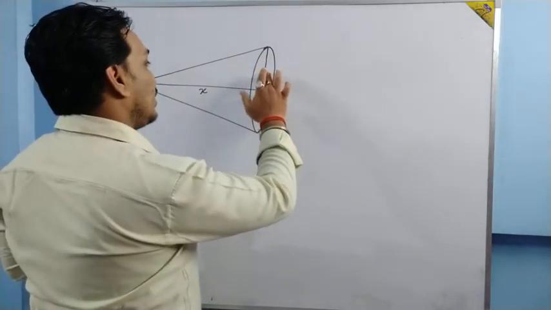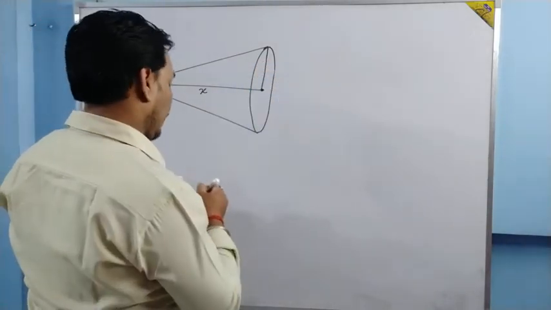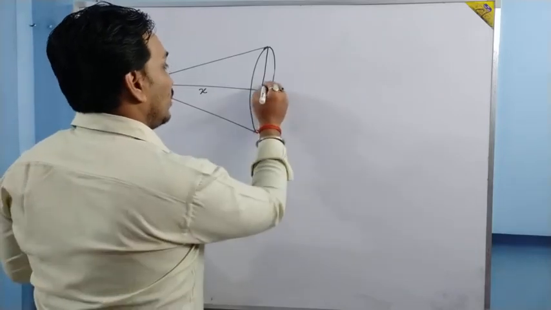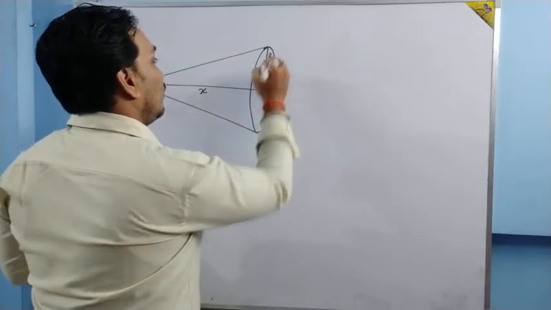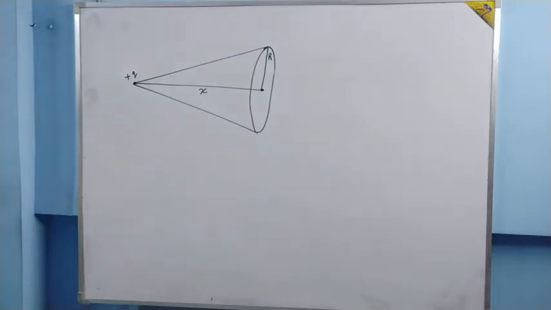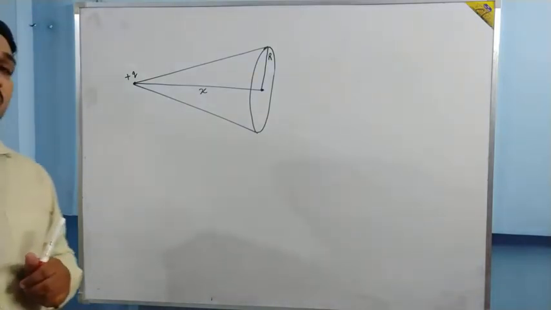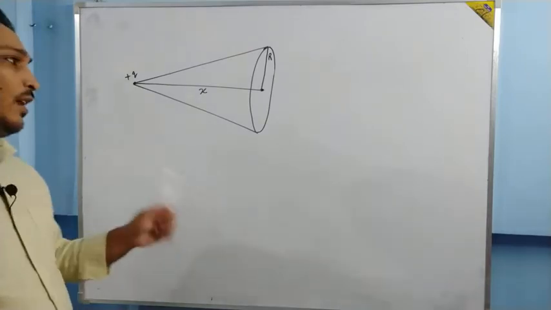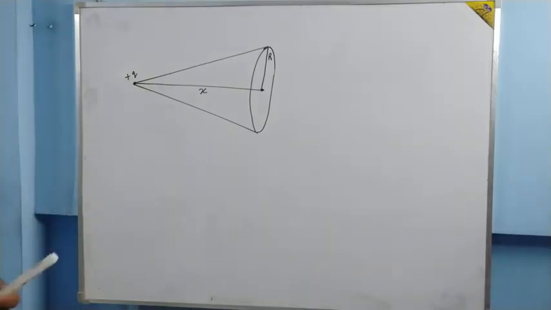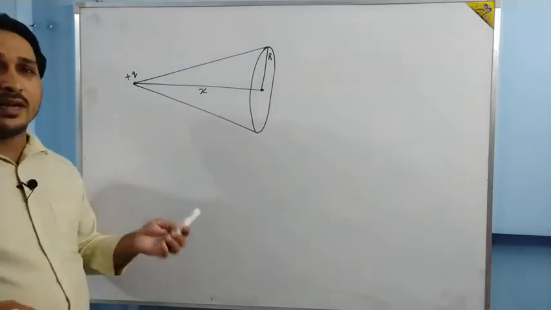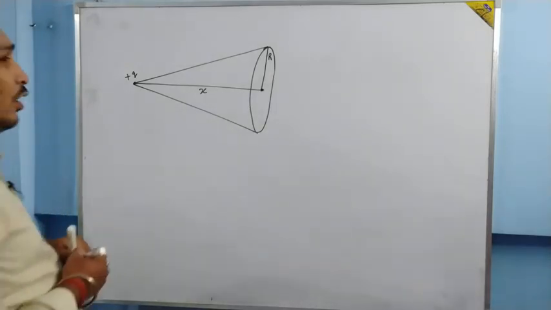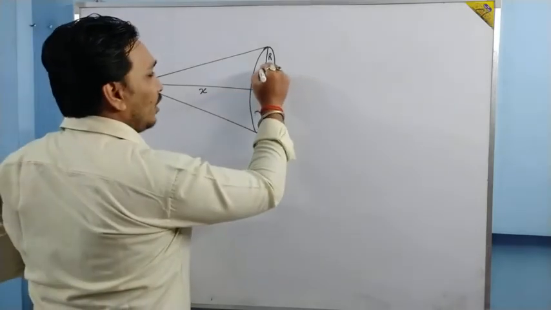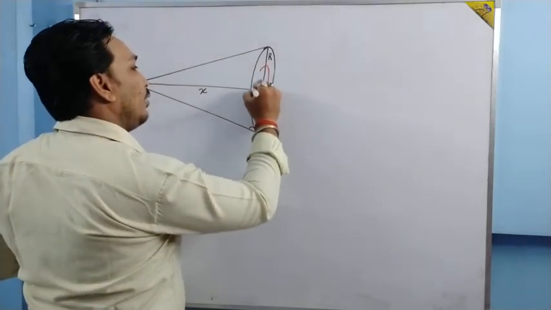Basically this question is from chapter number 1. One method is using solid angle, but I have been told that solid angle is not clear that much. So we have to go for an alternate method, and that alternate method is taking an elementary ring, calculating the flux, then we integrate. So what we are going to do? We are going to take an elementary ring over here.